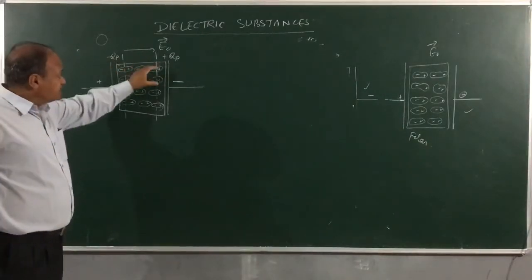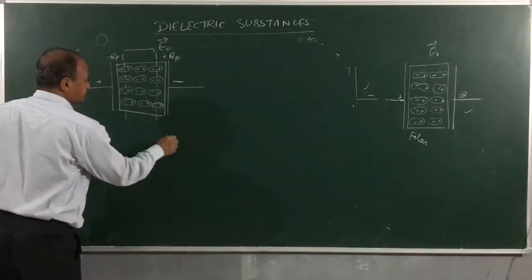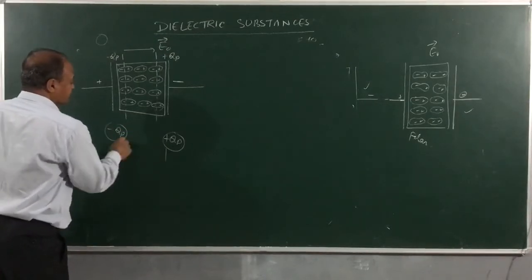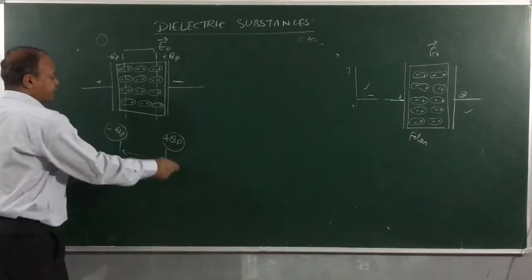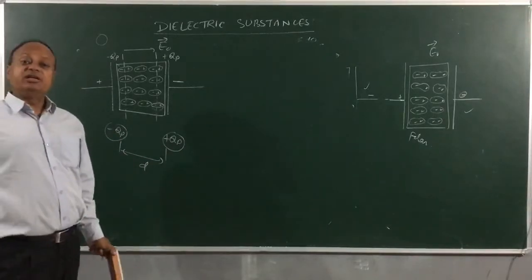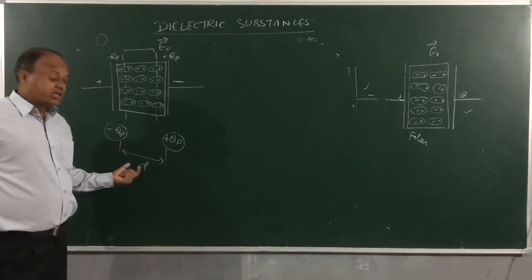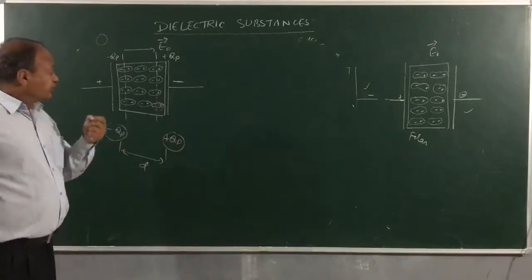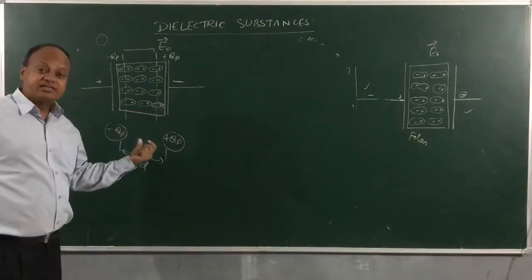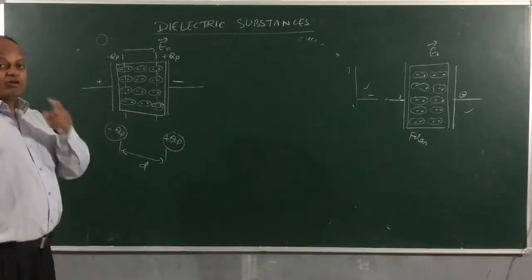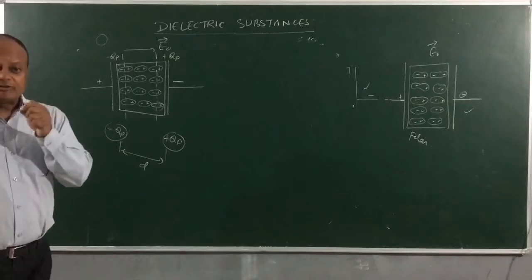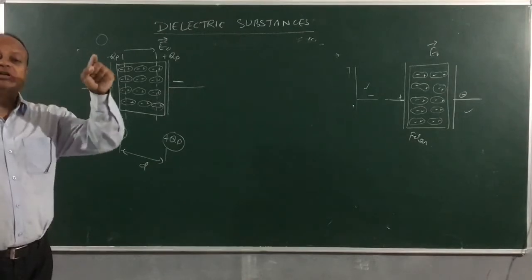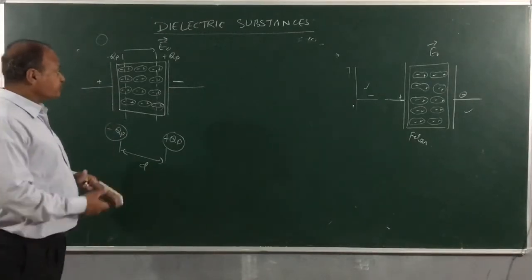So if I concentrate all these charges plus qp on this side, and on this side I write minus qp, I think it has become like a dipole. It has become a dipole. I can assume the distance between them is d. And if it has become a dipole, it must also have an electric dipole moment. So you can see that this dielectric slab will be polarized. Now let's see what is happening to the electric field. We have already seen by the definition of the dielectric constant that the electric field across the dielectric slab will decrease, and that will be by 1 upon epsilon r. Clear? So let's see.